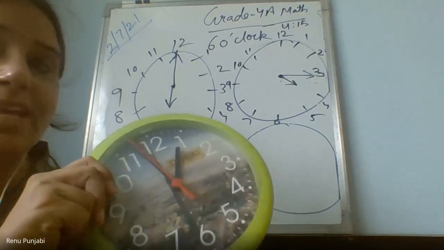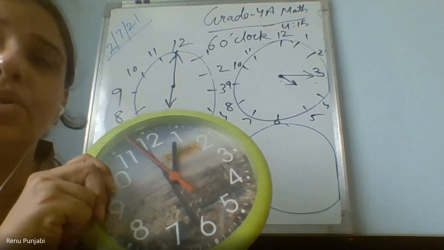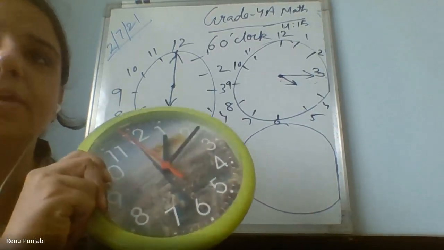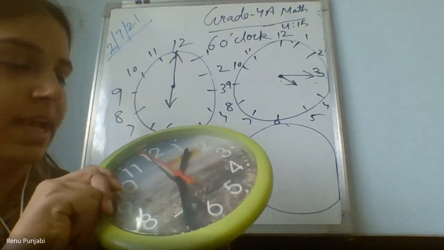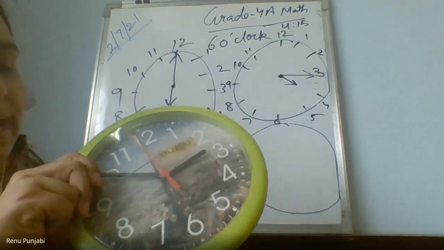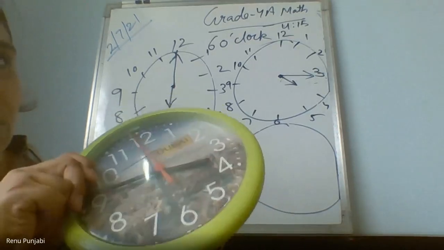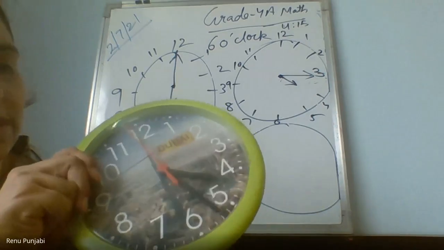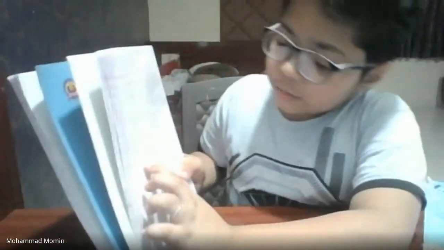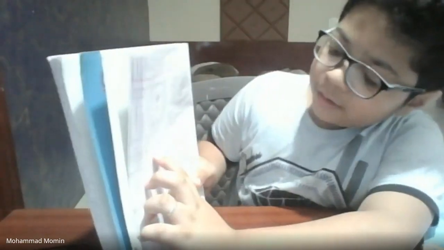Yes. If he's saying 5:10, don't think that the long hand will be on 10. No, it's 10 minutes, because the long hand shows the minutes, and when it is minutes it will be on 2. We can see practically by moving this watch how it will show the timing. Ma'am, I have the next one also. Yes, next. What is the time in the next one? Ma'am, next is 9:05 because the small one is on 9 and the bigger hand is on 1.